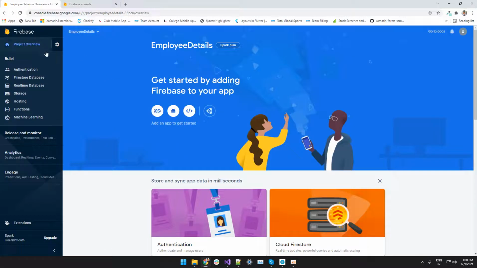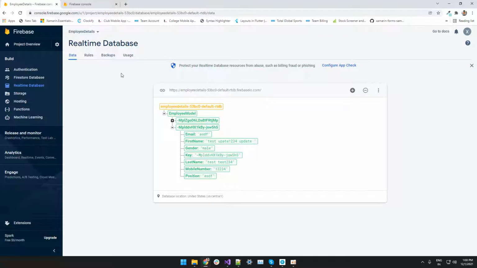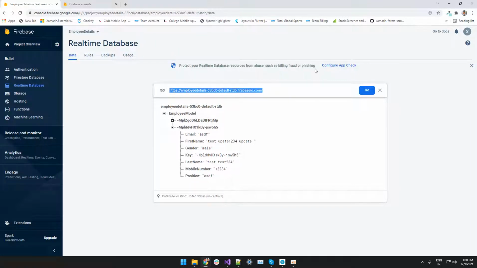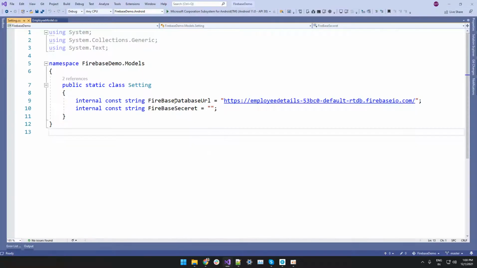And here after that, once the console opens, you can click on real-time database, and here you will see one create database option. Click on that, and after that you will see the database details, and from here you can just copy the database path, and after that you can add that path in the Firebase database URL. So the same thing I am using here,